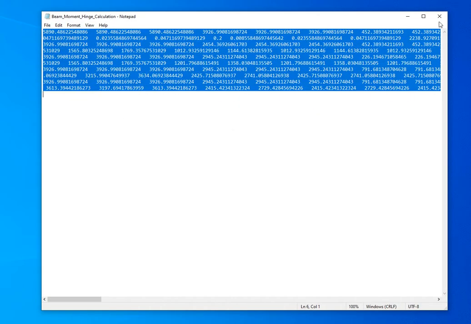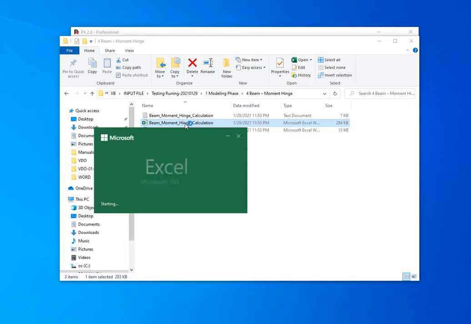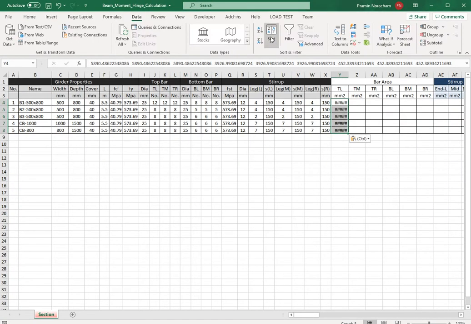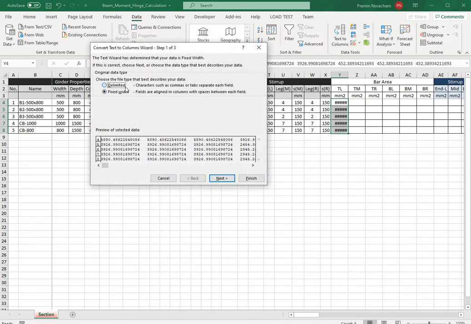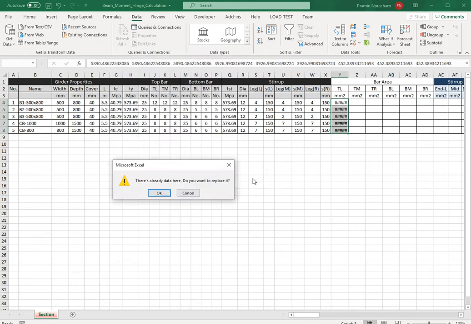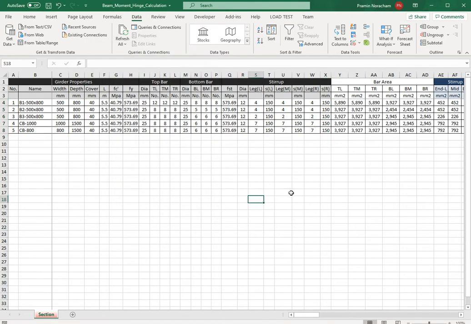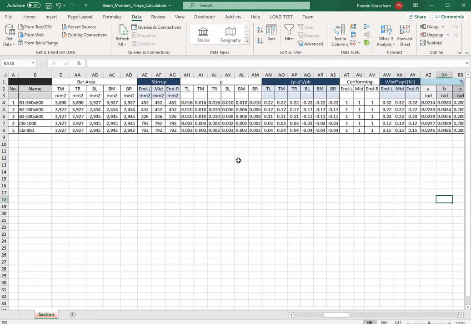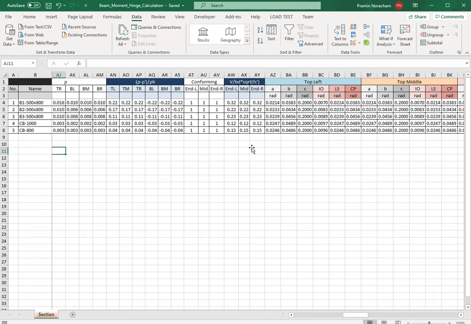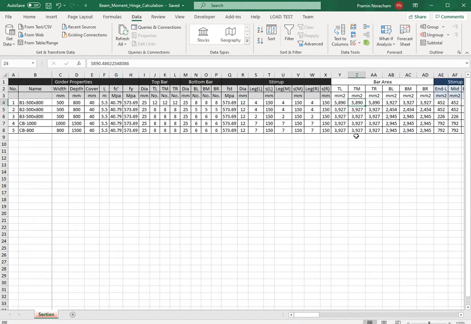This one you can copy the information and paste to here. This is a value that is calculated by PX, that later on you can track back how PX calculated this one.